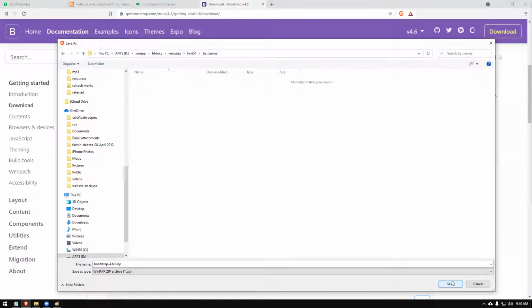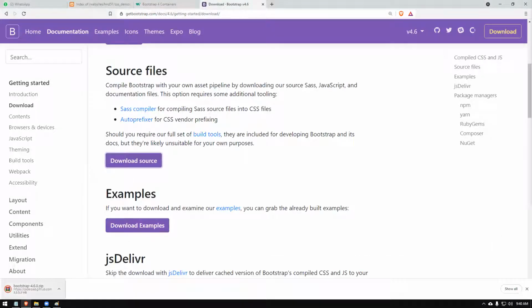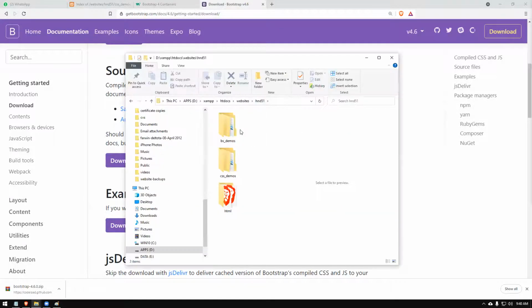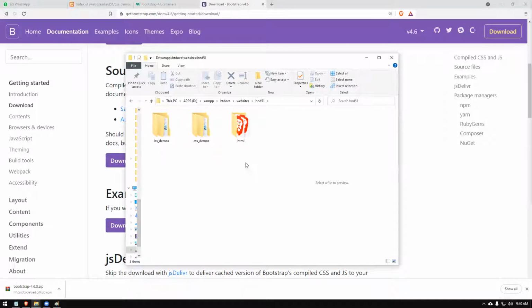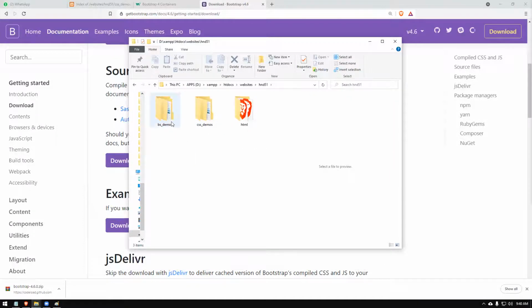So I'm just downloading that package. It is downloaded, just a 3.3 megabyte file. Let's see what we have there. You can see BS demo. This is the file that I just downloaded now.